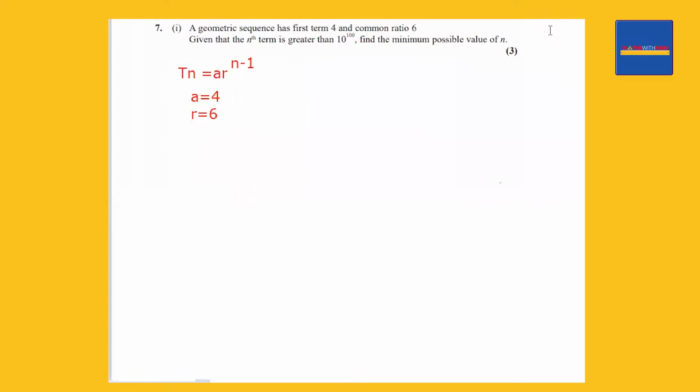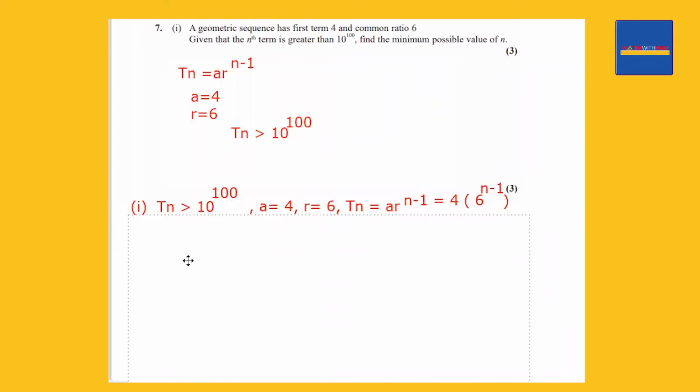Right. Now let's see how we're going to show that. We have been told already that the nth term is greater than 10 to the power 100. So here we go. We have Tn is greater than 10 to the power 100. A is equal to 4, r is equal to 6, Tn is ar to the power n minus 1, which is 4 into 6 to the power n minus 1. So we end up with 4 times 6 to the power n minus 1 is greater than 10 to the